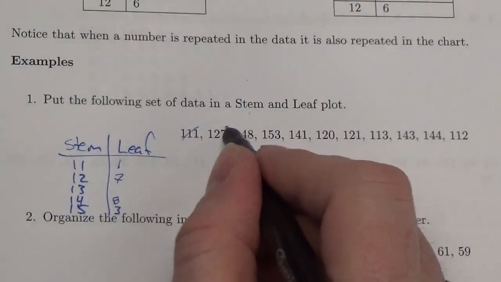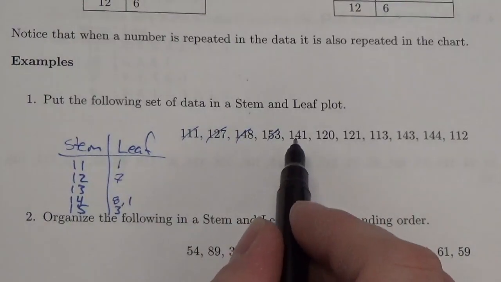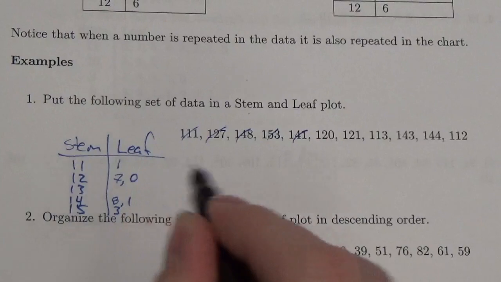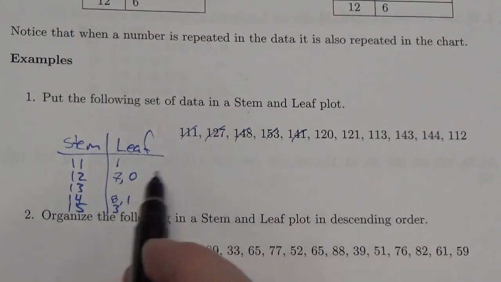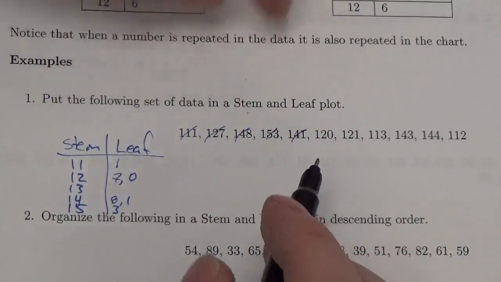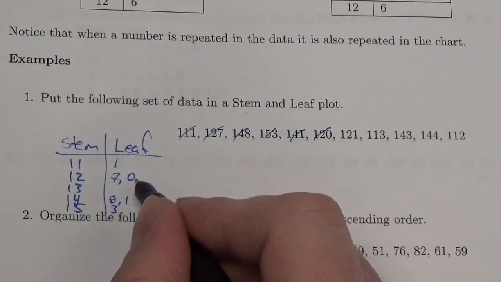and I should be basically knocking these off as I go. 141, so there's another 14. 120, put a 0 there, and the 0 is important, right? It takes a position here. It lets me know that that number 120 is there. So don't just ignore it because it's got a 0 there. 121,